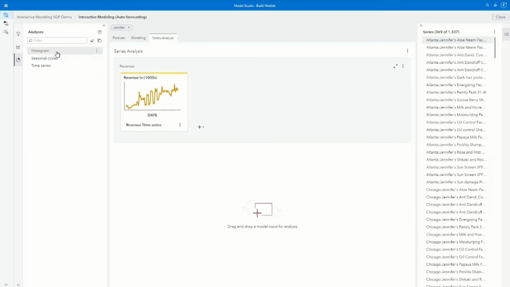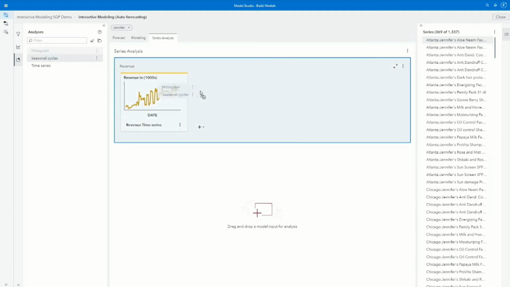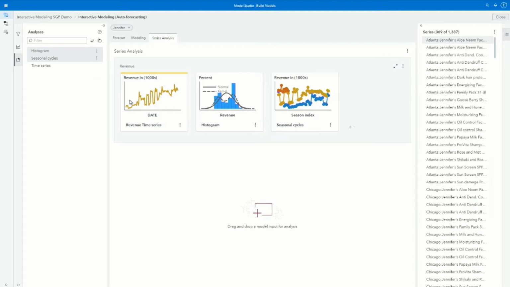So in this case, I'm going to take the two types of analyses. The time series plot is the one that's already here. And let's now do a little bit more exploration in these. So I can view details,